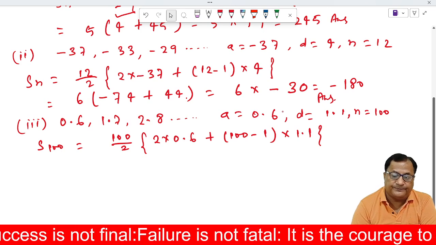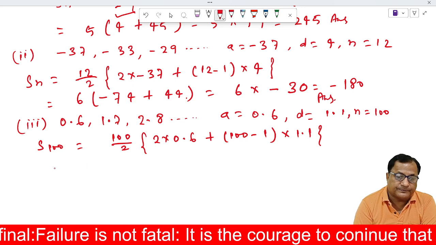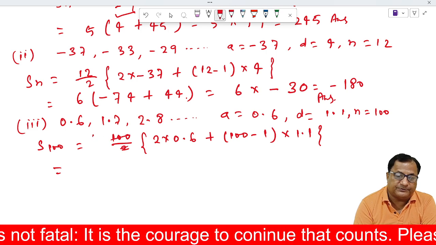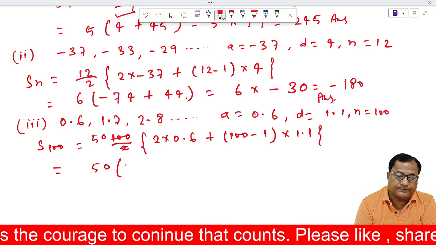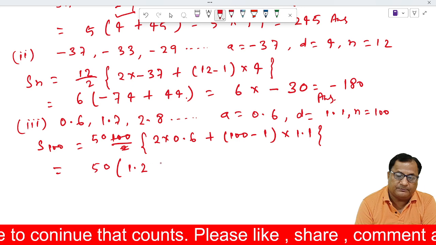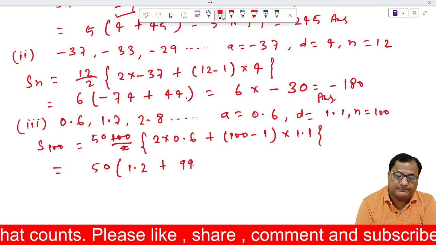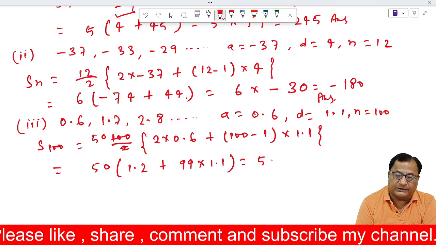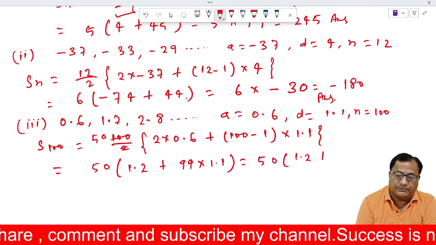If we calculate this, we get 50. It's a 50. If this is multiplied, then 1.2 plus 99 into 1.1. This will be multiplied by 50, 1.2 plus